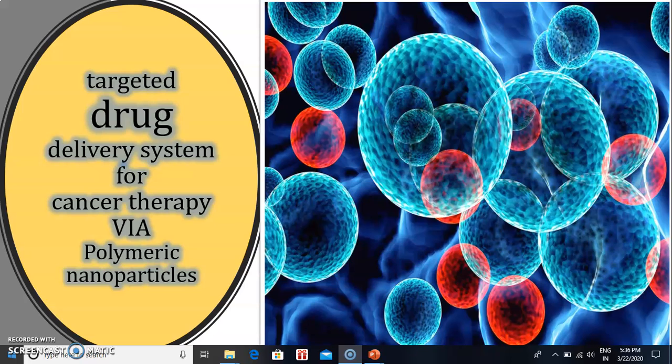Also, polymeric micelles of size range 10 to 100 nanometer are block amphiphilic copolymer micelles with high drug entrapment, payload, and long biostability. They also have a long circulatory effect, target specific active and passive drug delivery, and diagnostic value. Also, the last type of nanosystems which we are going to discuss in this particular topic is